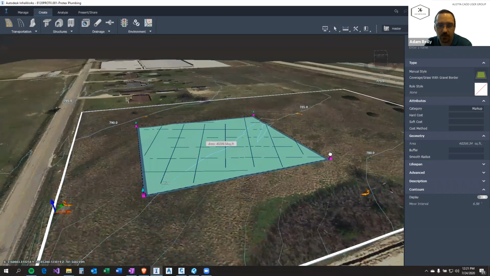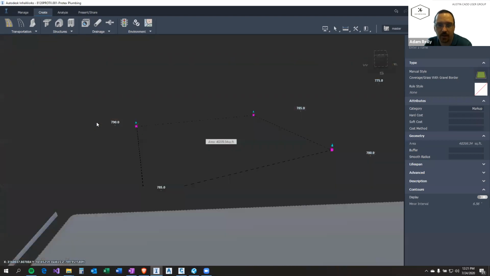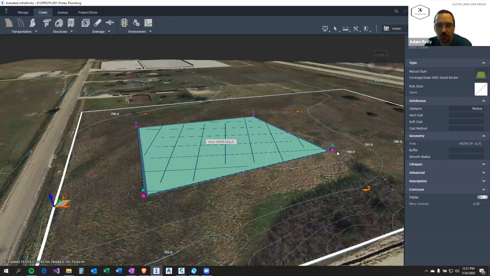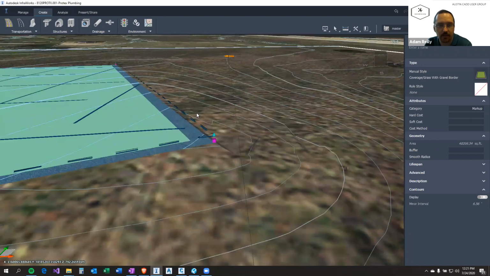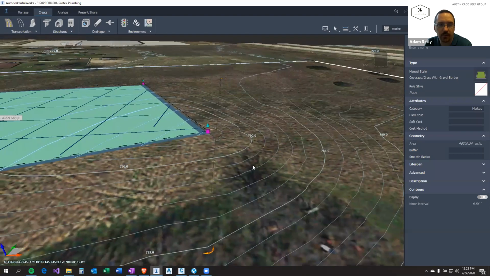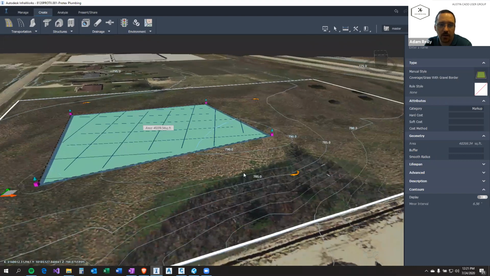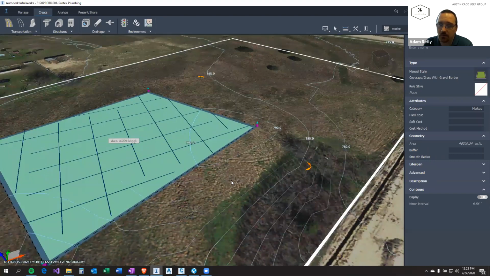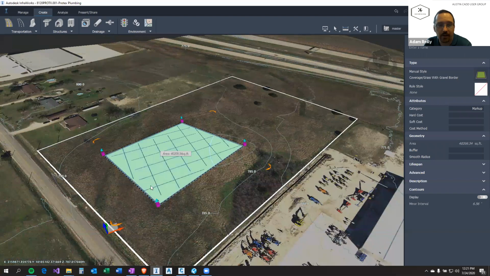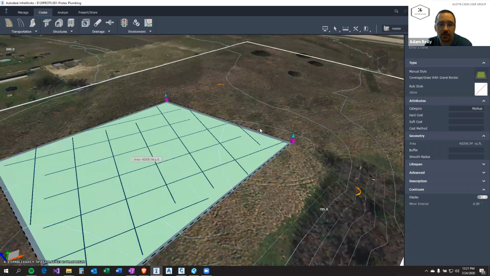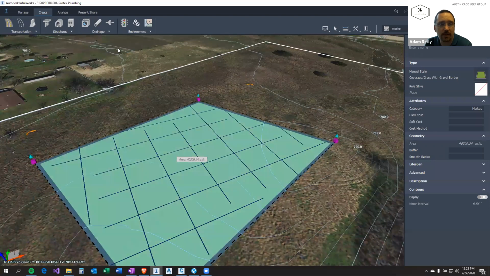Like if I were to just change this, because the way this works, it's now kind of tied into the terrain, and you can see how it raised up the terrain that's underneath it to match. It would be a good way to visually just sit there with a client and draw stuff out. But if you're going to do more complex stuff, it gets